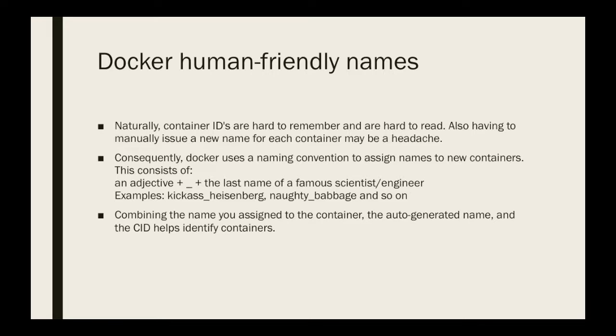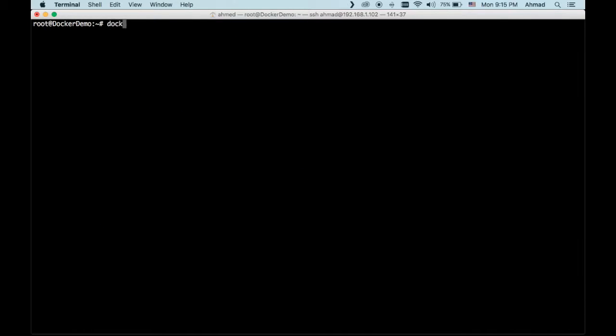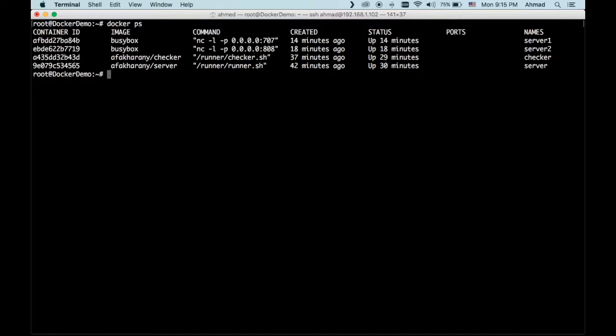This naming convention consists of an adjective, followed by an underscore, followed by the last name of a famous scientist or an engineer. So to see that in action, let's clear the screen. Let's have a look at docker ps. All the containers that we have created so far, we have assigned names for. Now let's create a container that does not have a name. Docker run,